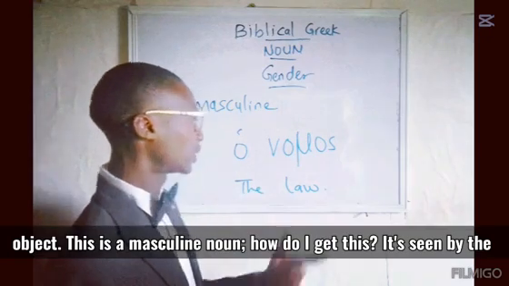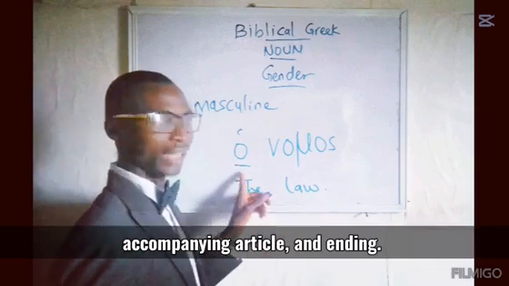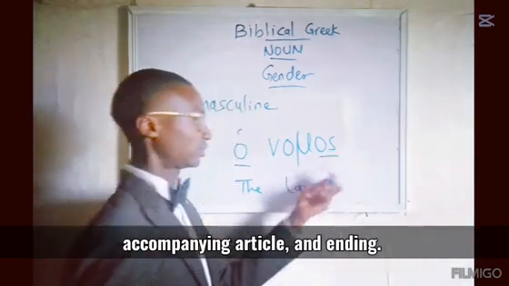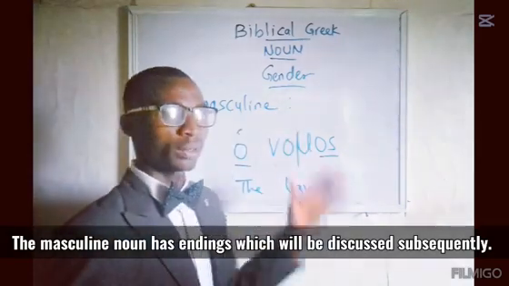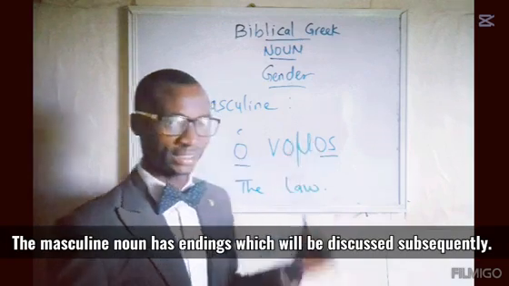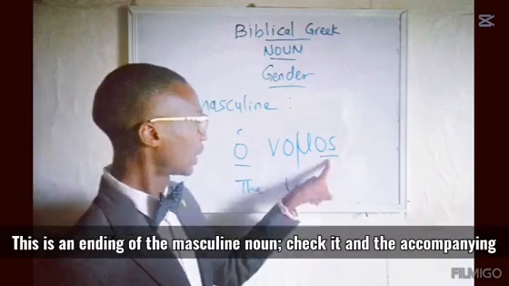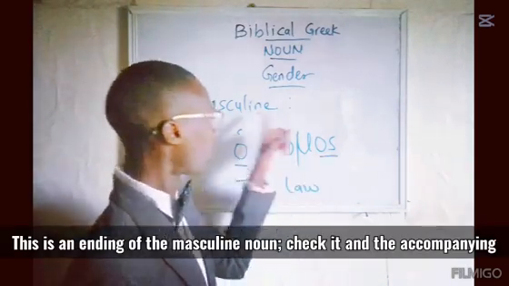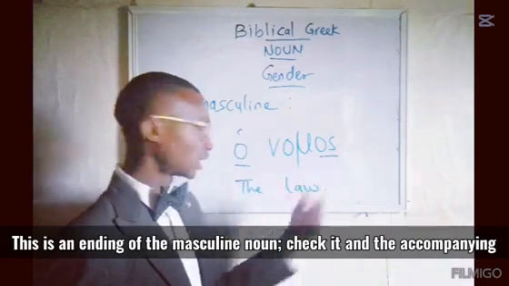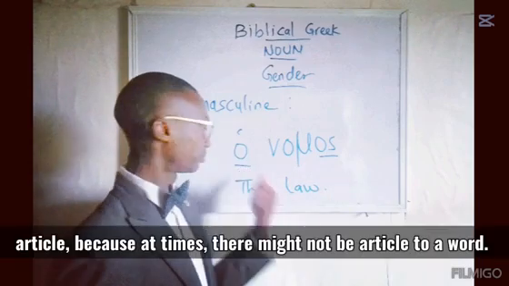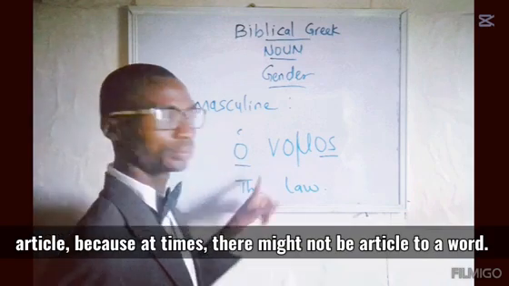So, how do I get this? It is seen by the accompanying article and as well the ending. Now, what about the masculine noun? It has endings, and we should discuss subsequently. So this is an ending of the masculine noun. So check the ending and as well the accompanying article, because at times there may not be an article to